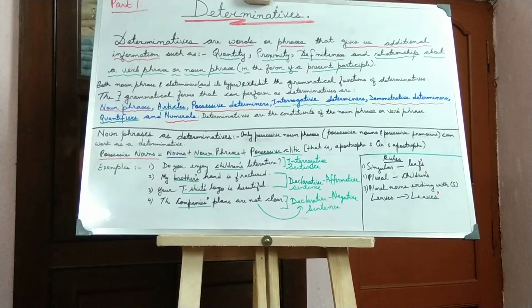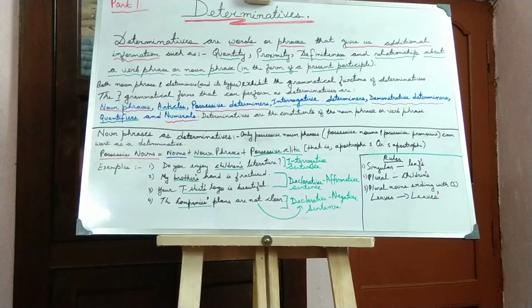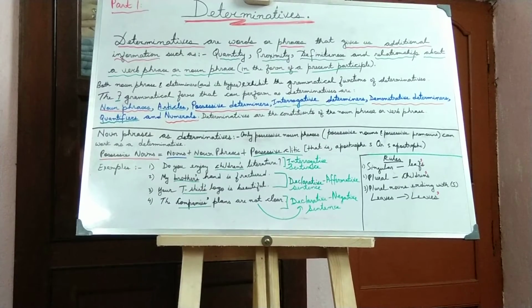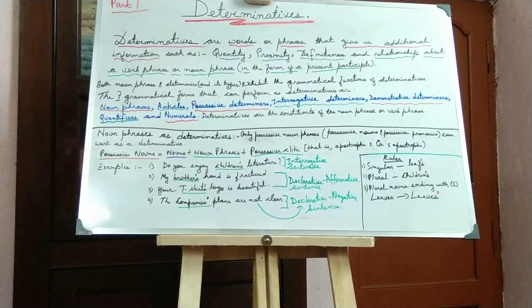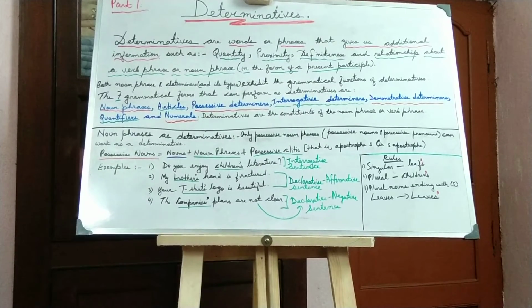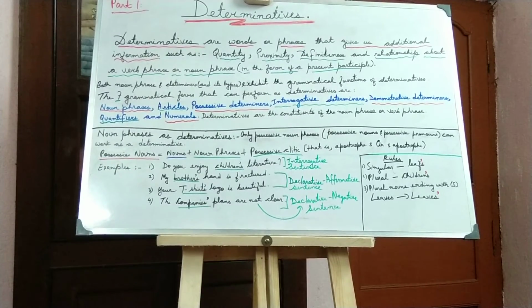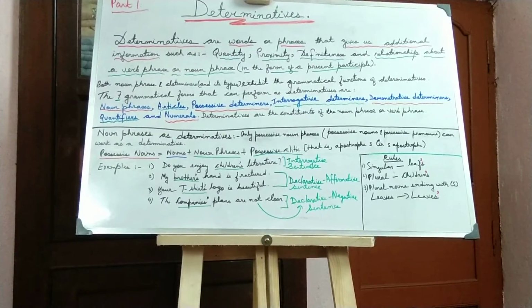You have to remember that we can use noun phrases for any types of sentences. It can be interrogative, it can be declarative, declarative positive or affirmative, or declarative negative. So let us see the examples. The first example is, do you enjoy children's literature? Our sentence is ending with the note of interrogation, which we colloquially know as the question mark. It is an interrogative sentence. So here our possessive noun is children's.